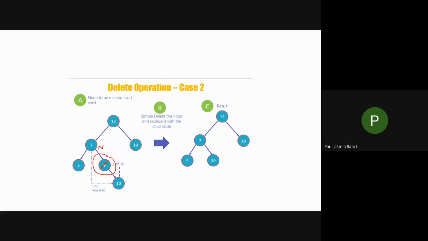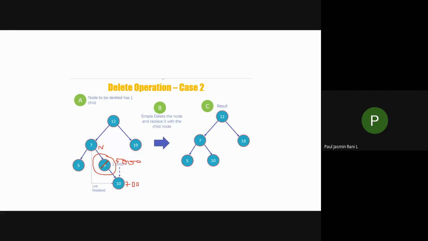If I want to retain the node 10 in the binary search tree, then I should do only one replacement, that is the child node address should be stored in the right child of this one. Before deleting, this 7 contains the 9 node address. Let us consider the 9 node address is 5000, and the child node address is some 700. Let us assume this way. So now I want to remove the node 500.